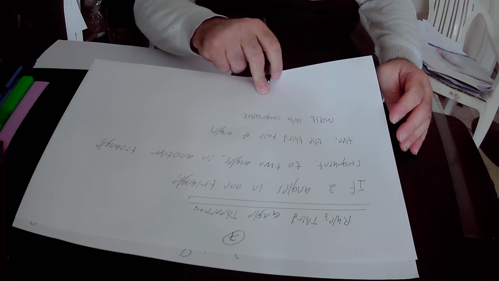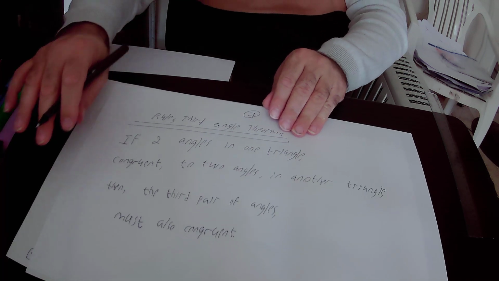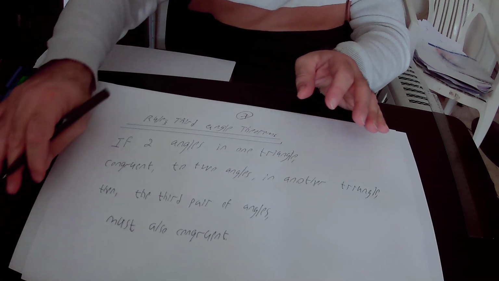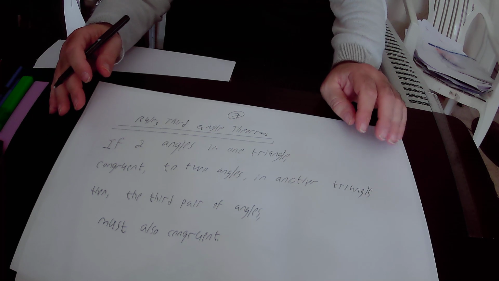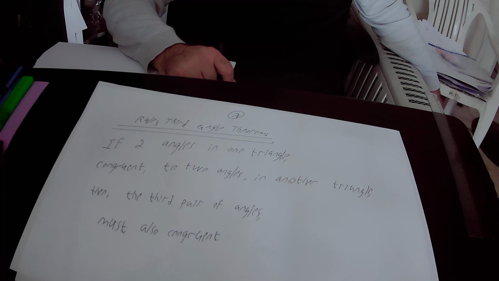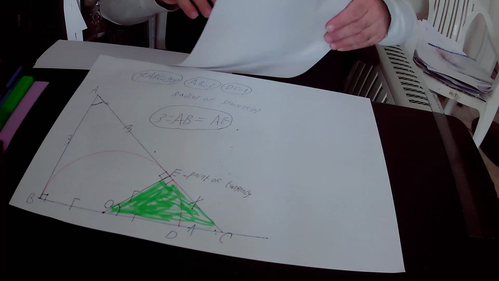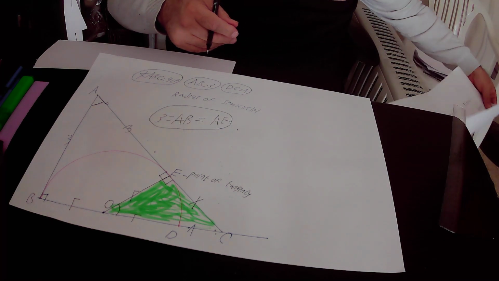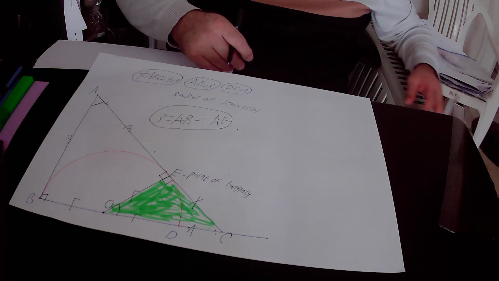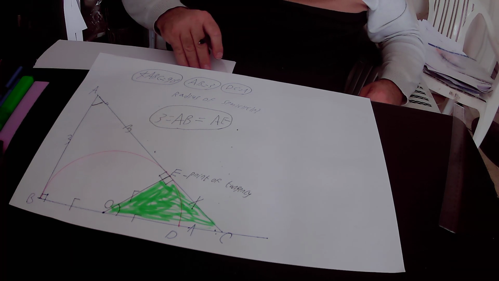I will repeat again rule number 3 of the third angle theorem. According to rule number 3, if two angles in one triangle are congruent to two angles in another triangle, then the third pair of angles must also be congruent. So, what is the meaning of rule number 3 of the third angle theorem? Actually, the meaning of rule number 3 is that if you have two triangles,